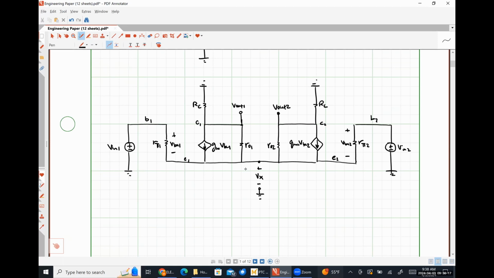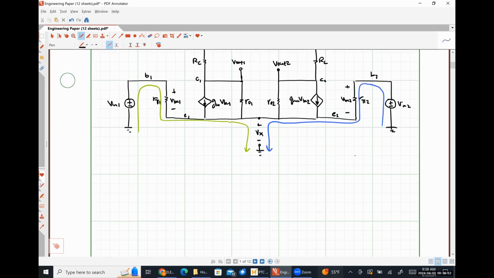So in order to facilitate that, I'm going to write a Kirchhoff's voltage law equation around both of my input loops, okay? So what I mean by that specifically is I'm going to do one on this side. So I'm starting at ground, going around this path like so. And then I'm going to do something similar on this side. So starting at ground and going to ground here like so. So what I'm going to have on the left-hand input side or the transistor Q1 side of things,